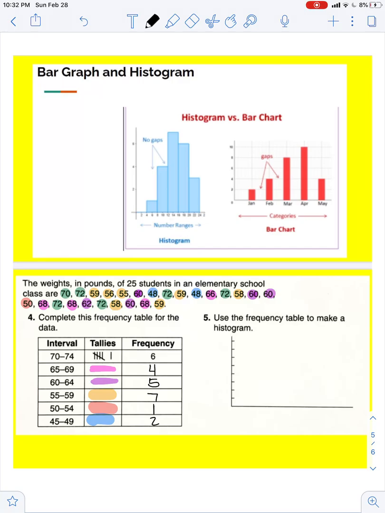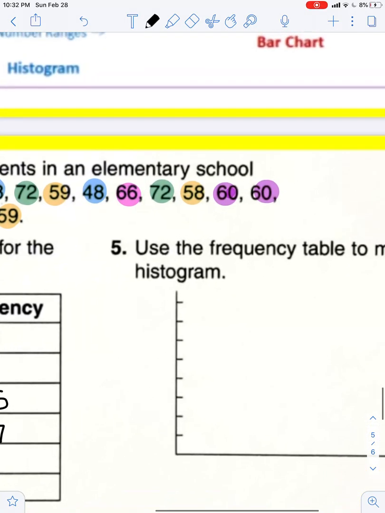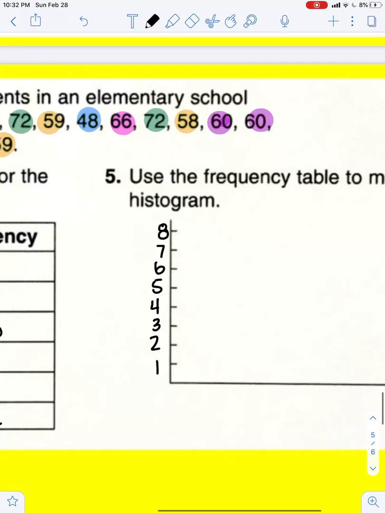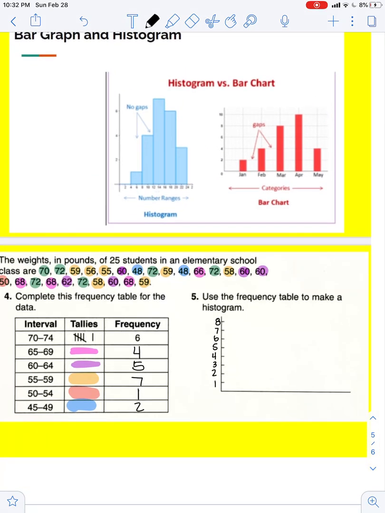So now we're going to make a histogram. So I'm going to come over here. The smallest number I have is 1 and the biggest number I have is 7. So I'm just going to count 1, 2, 3, 4, 5, 6, 7, 8. And now what I'm going to do is write my intervals. So 45 through 49, 50 through 54, 55 through 59,